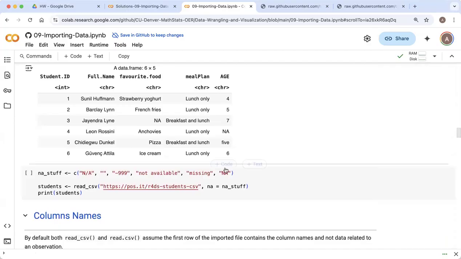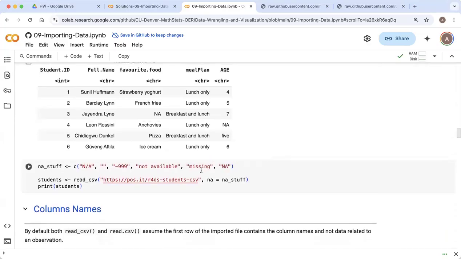And one last thing I just want to say is if you have a whole bunch of things that were used for missing values, so let's say you had like 7 different people that were entering data into a data set, and now you want to import that data set into R. Some people, when they were entering data, were using n/a. Some were leaving it blank. Some were doing -999 and other things, and only one person was encoding them correctly. You could